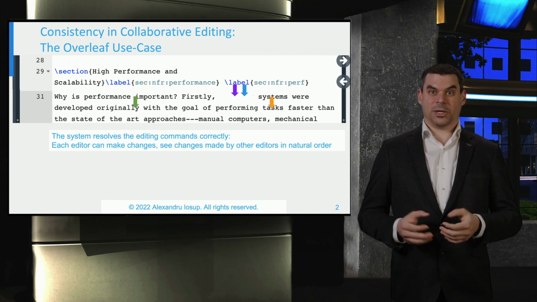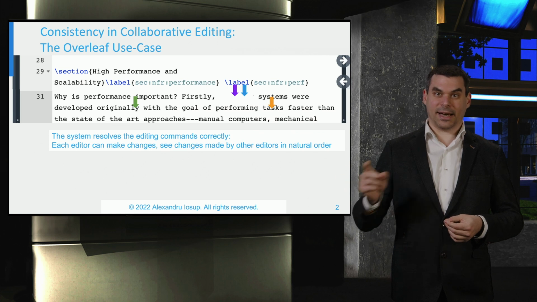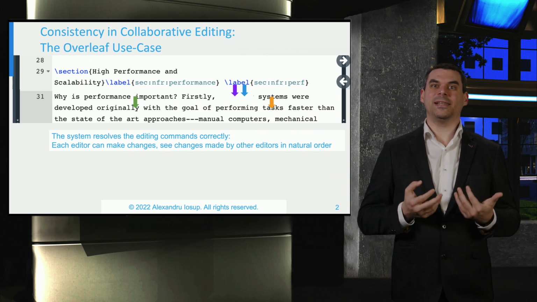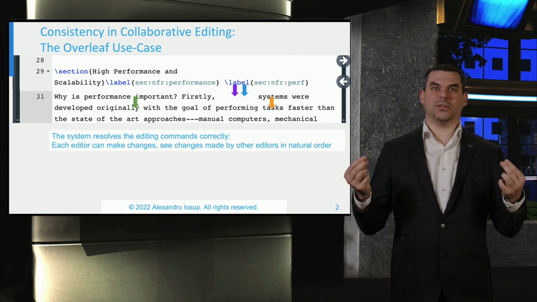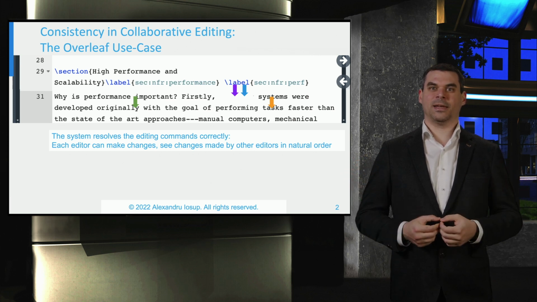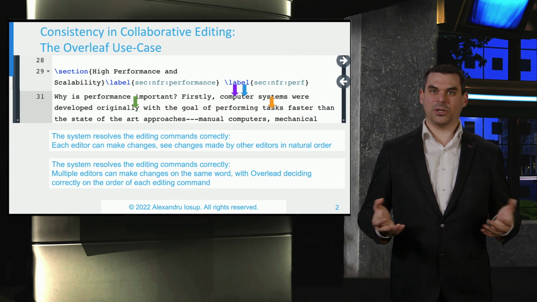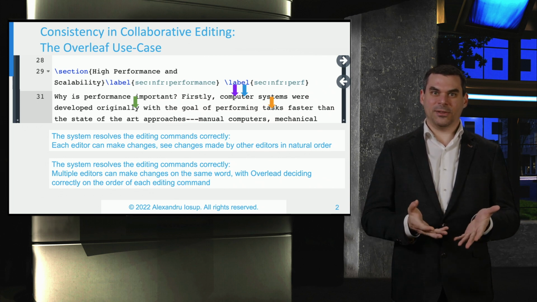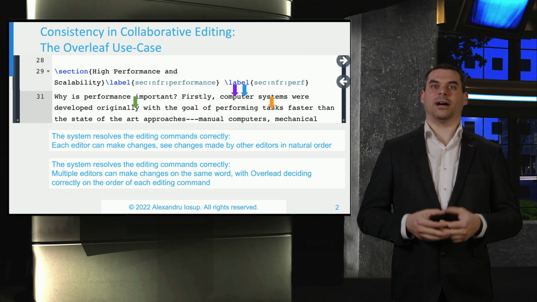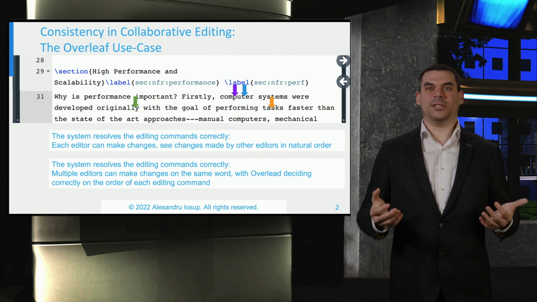Editors writing in the same part of the document can edit naturally, in real time, seeing the changes made by other editors appearing seemingly instantaneously, even if the clocks on their computers are not synchronized. Specific actions where multiple editors compete to change the same section of the text, for example here, changing a word in the same sentence or correcting a typo, are correctly resolved by Overleaf, and subsequently each editor sees the same